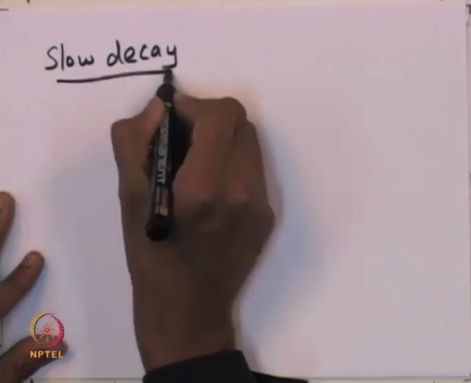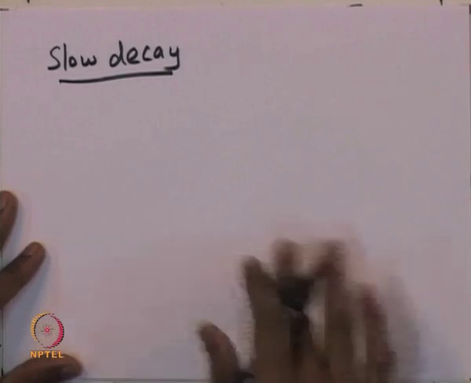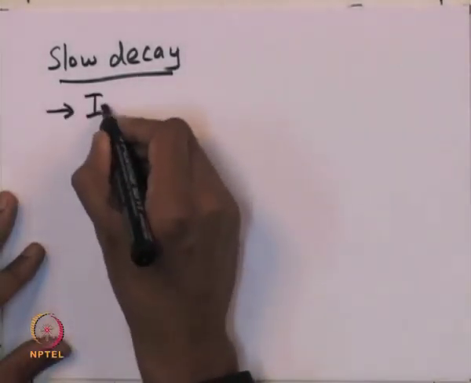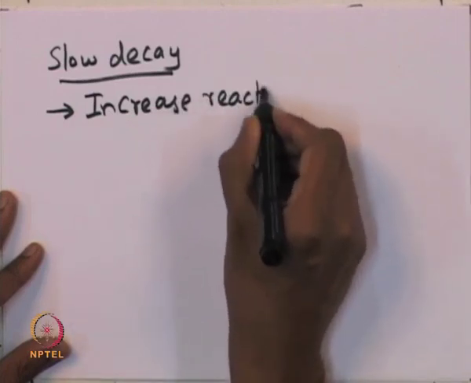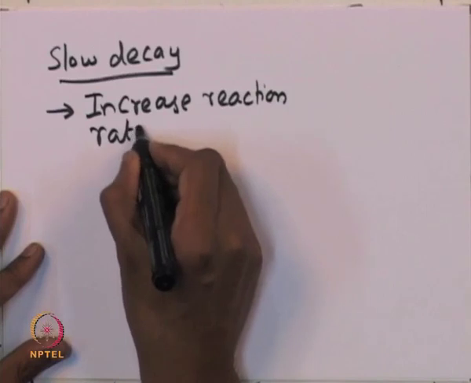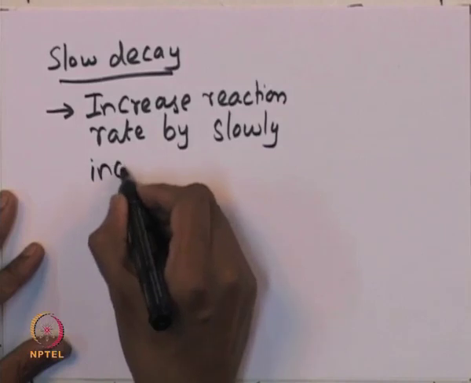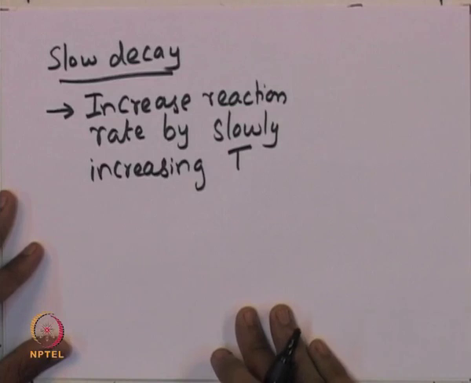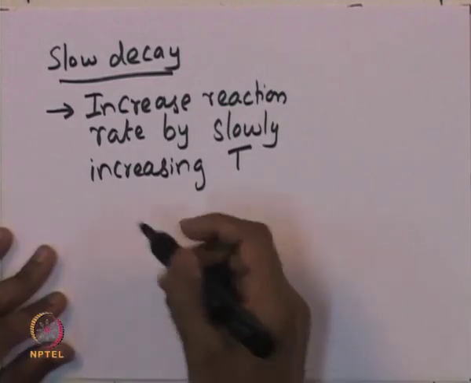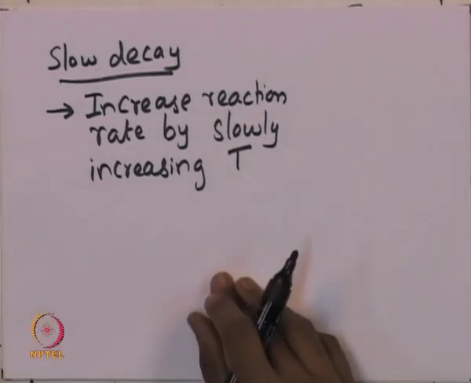In a slow decay system, in order to maintain a constant conversion, the strategy is to increase the reaction rate by slowly increasing the feed temperature. By slowly increasing the feed temperature, one could increase the reaction rate and thereby maintain